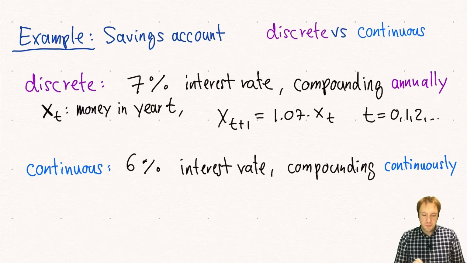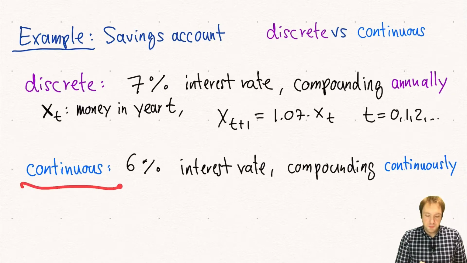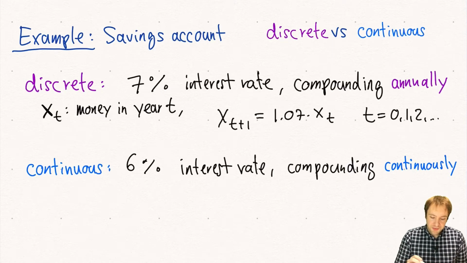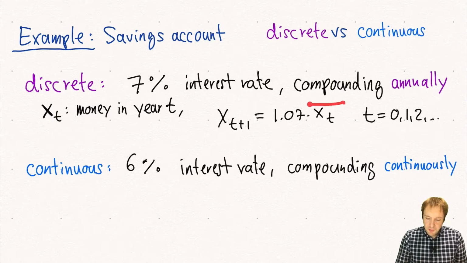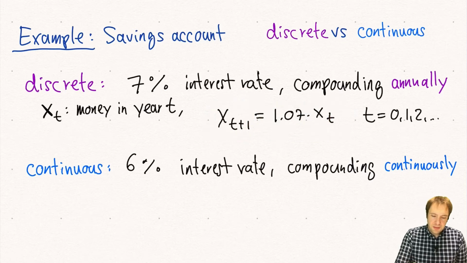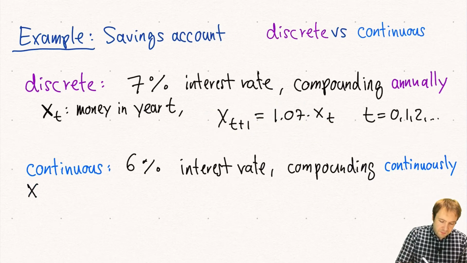And another offer would be to say that you have an interest rate which gets applied continuously, so not just after each year, and also not just after half a year, but continuously. And this means that we don't have this equation here, that after 1 year we multiply with a number, but now we have a function x(t), money at time t,